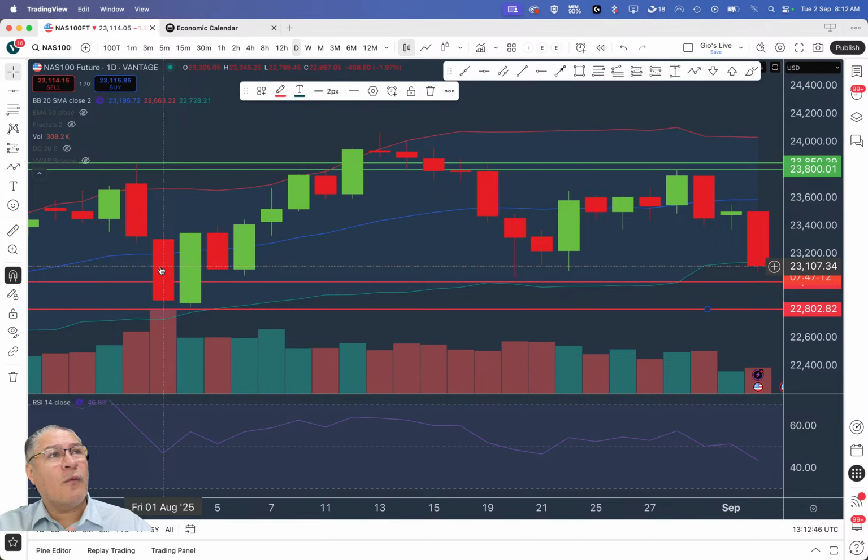So even though, obviously, this Friday, August 1st was a Friday, and if you recall, that was actually when Trump came in and said something about tariffs, which the market actually recovered from quickly. But however, this actually was when the tariffs were coming into place, if you recall. So obviously we've seen that particular movement.